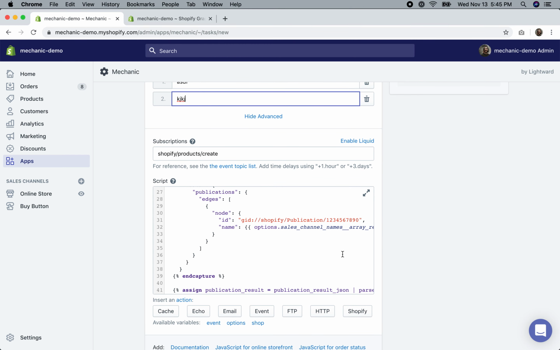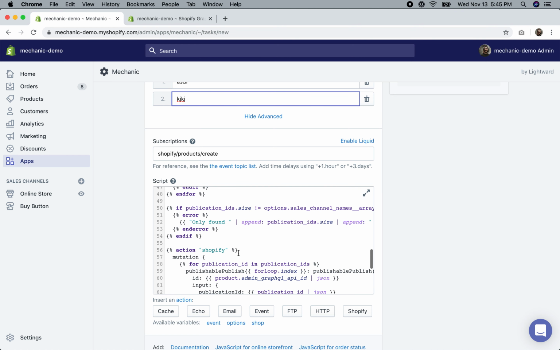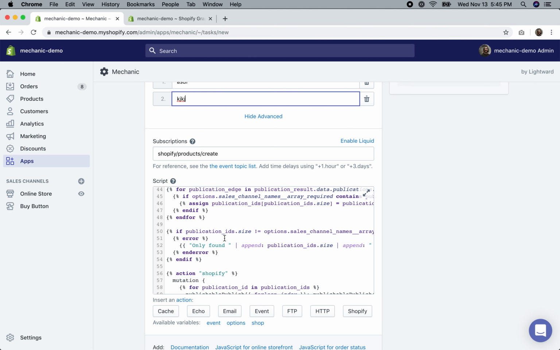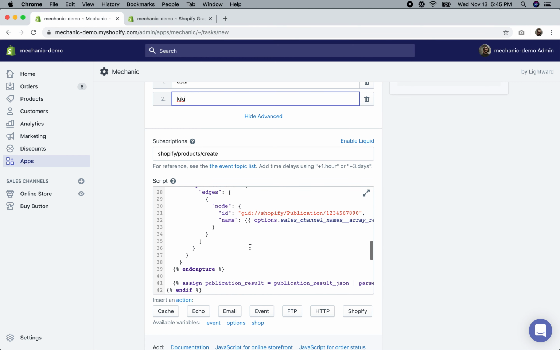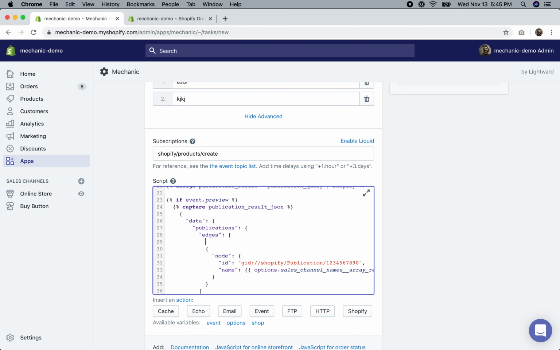I have a choice to make. I can either update this so that we have one piece of test data, one piece of preview data for every single publication that's configured, or I can add some hackery down here to make sure that this error doesn't appear in preview mode. That latter option is a bad option because I really want the rest of this task to behave exactly as it would with live data, except in preview mode. So what we're going to do is the first option, which is to say